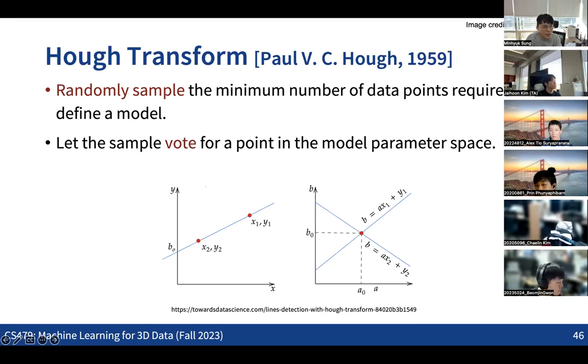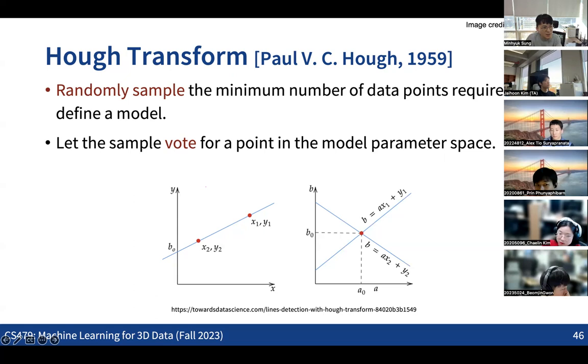we are treating each sample of the points as one vote for each line. So that's the basic idea. Once we sample a pair of points in the given point cloud, that sample becomes one vote in the line parameter space. We can parameterize the continuous space of lines by, for example, the slope and the offset, right? Any line can be represented as an offset and a slope.